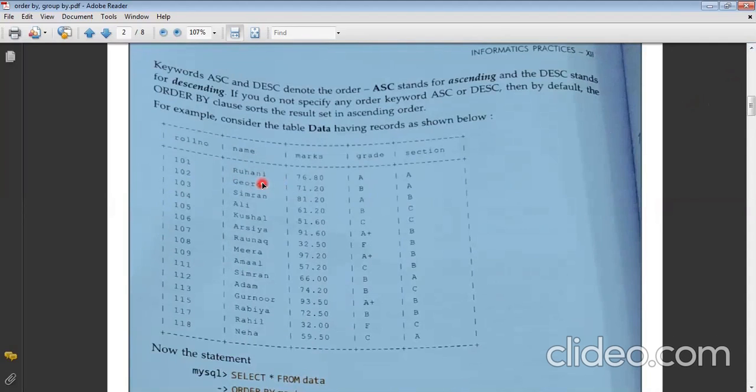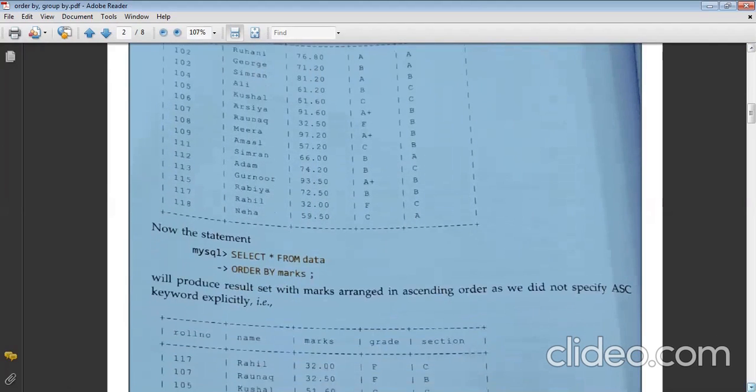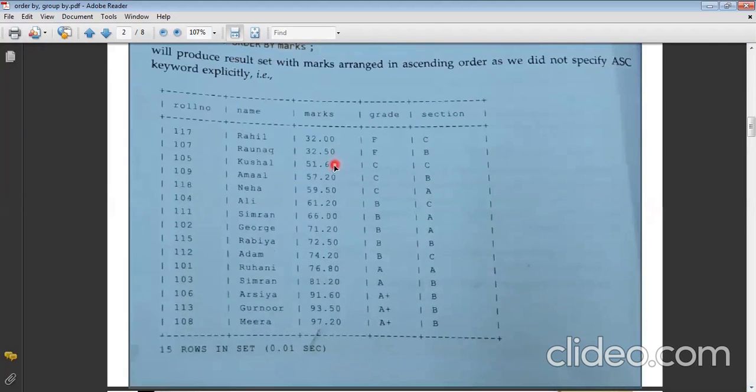But when finding the output of an SQL query in your exam, you should make sure that when the rows are arranged according to marks, if 32 is the first entry, then the complete row will be the first entry. It would not be that only the marks column has changed. You can see all of the marks are arranged in ascending order, moving from smaller to bigger numbers.